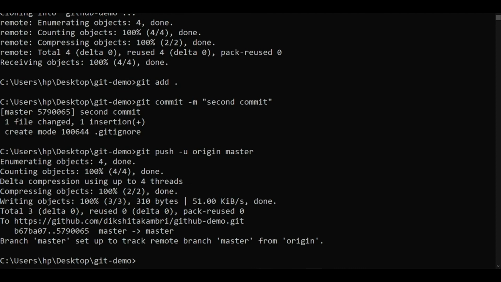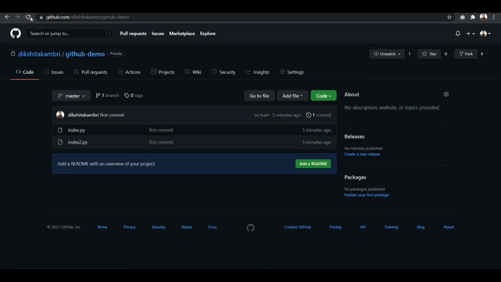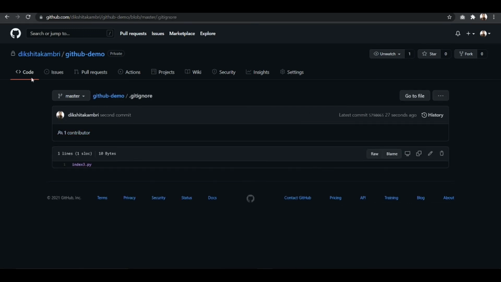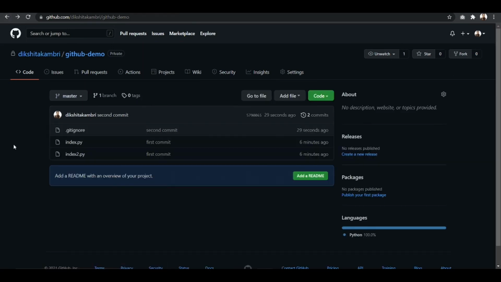We have pushed all the changes. Now if we refresh the page, we'll observe index.py, index2.py, and the .gitignore file. We can't see the index3.py file over here since we wanted to hide it. This way you can hide files from people.